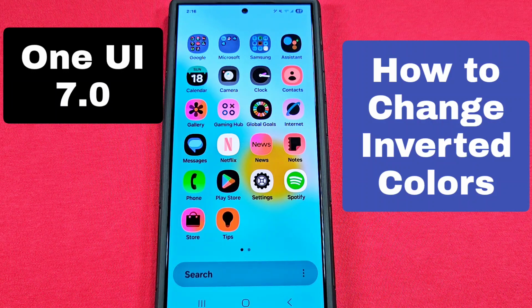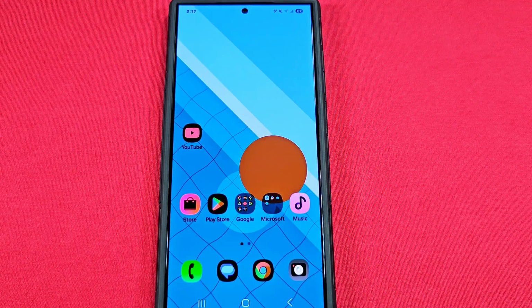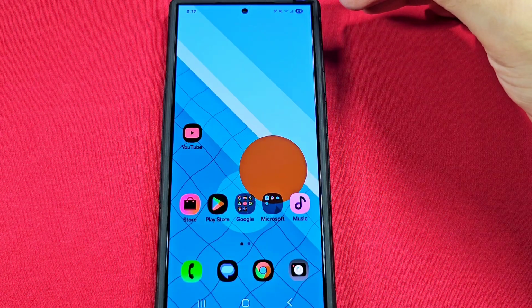If you ever accidentally turned on the inverted colors or color inversion on your Samsung phone with Android 15, here's where you can go to either turn this off or turn it on. In the first part of the video, I'll show you where to go to turn it off if you accidentally